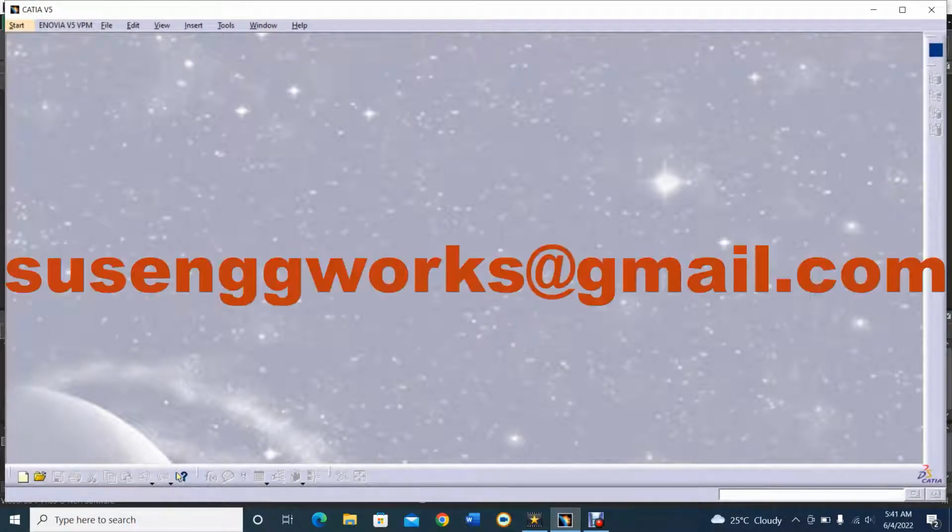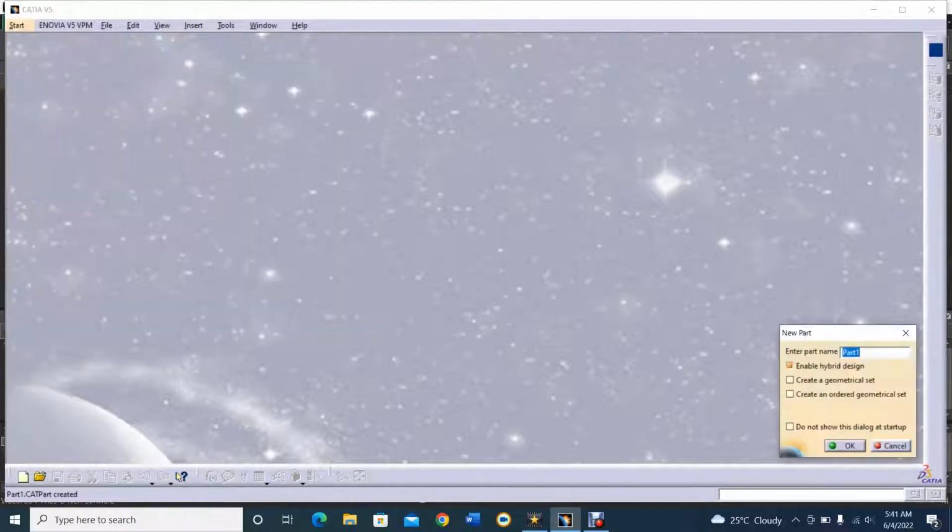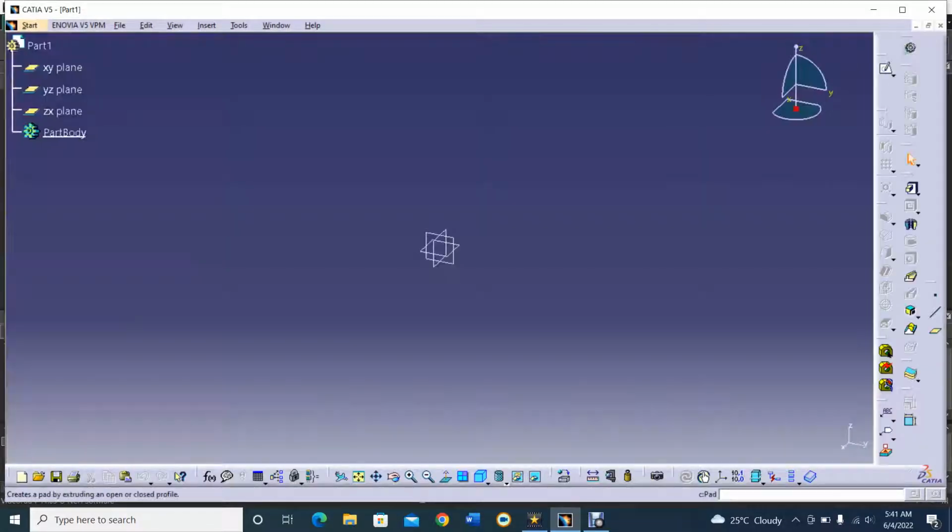Bismillahir rahmanir rahim. Today I would like to teach you two different commands in the mechanical design part design. That is the simple pad command. Pad command is used to give height or depth to a sketch, and in CATIA it is called a pad command. In the toolbar there are two different